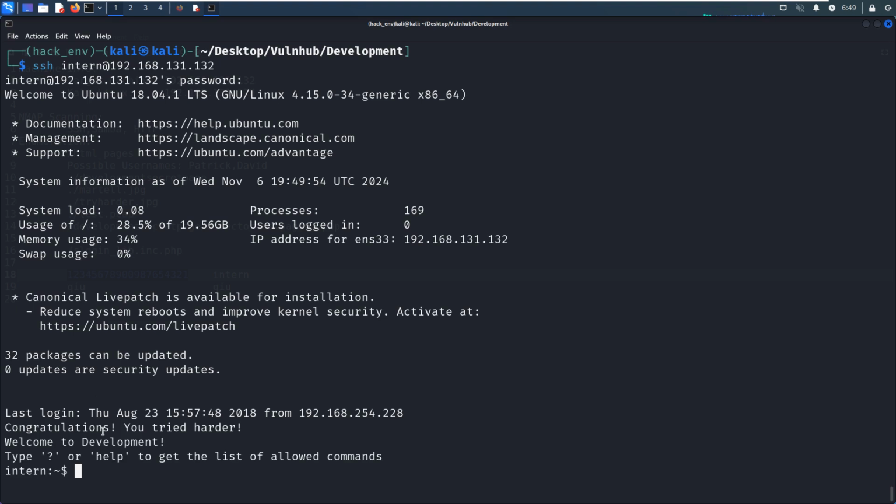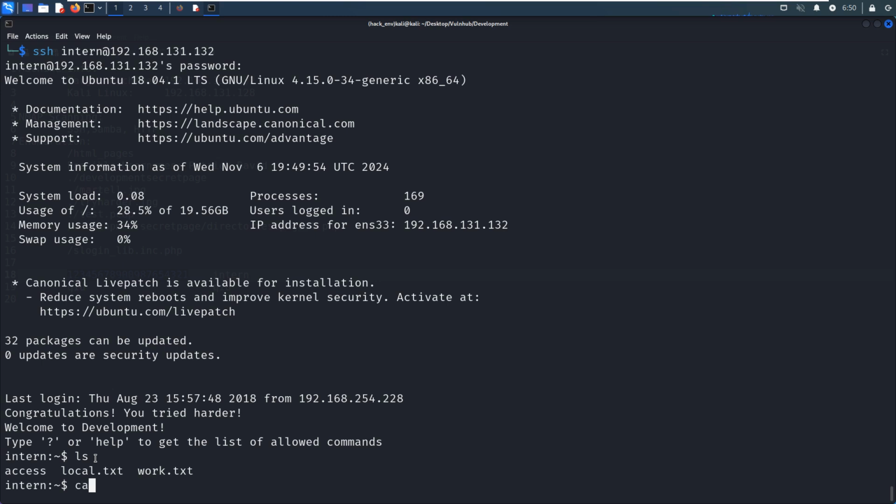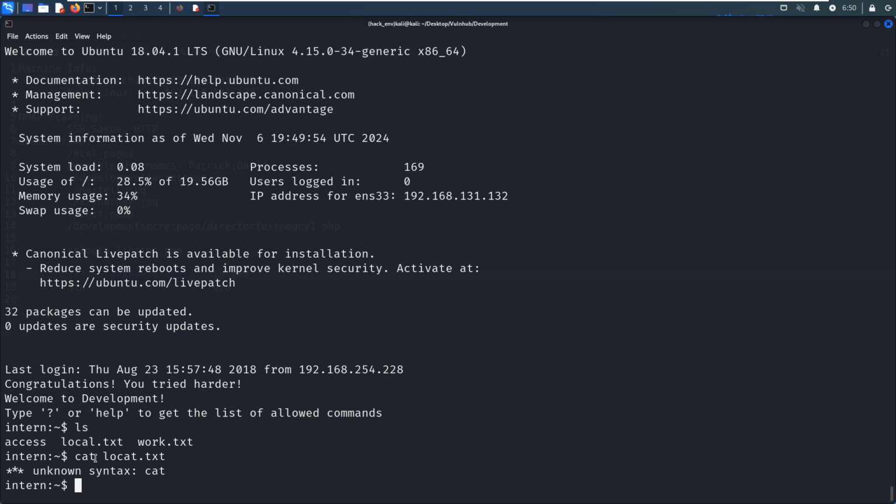So welcome to development. And this is a different shell. We can list files. However, if you want to use cat, this cannot work. Unknown syntax, even more or cat on a local text file doesn't work.